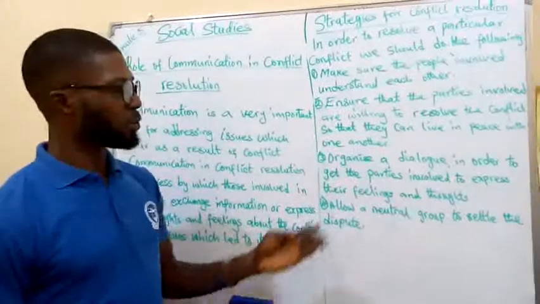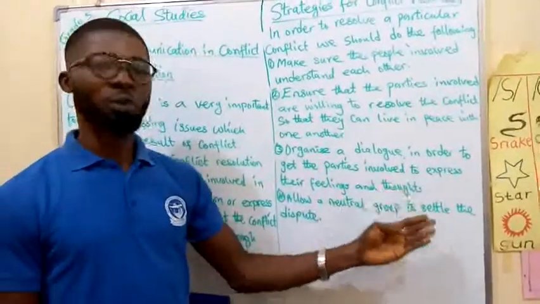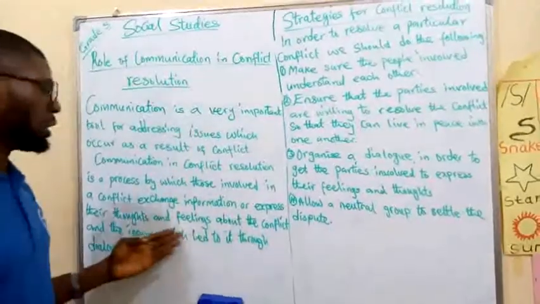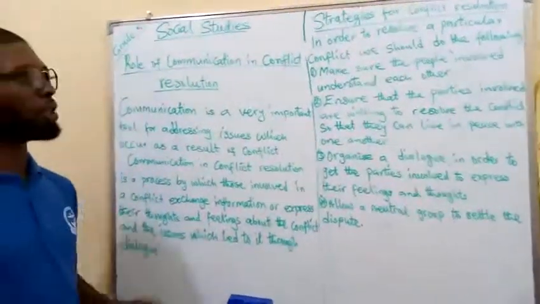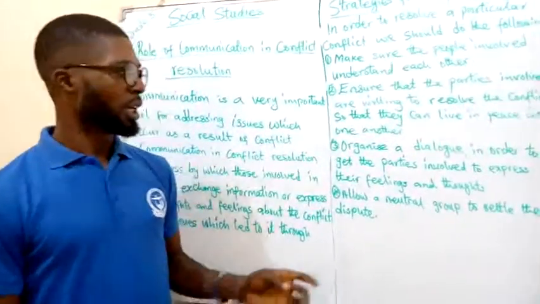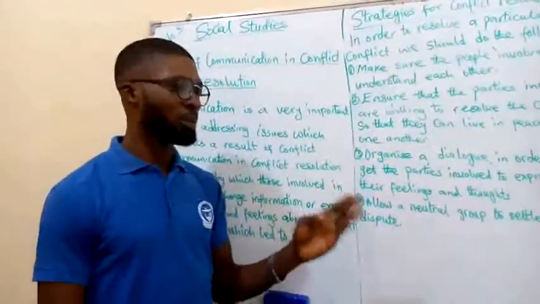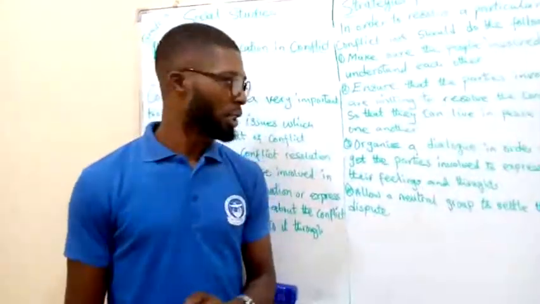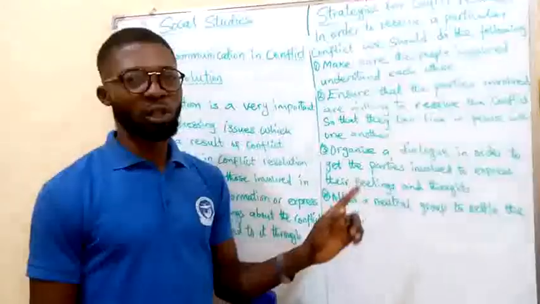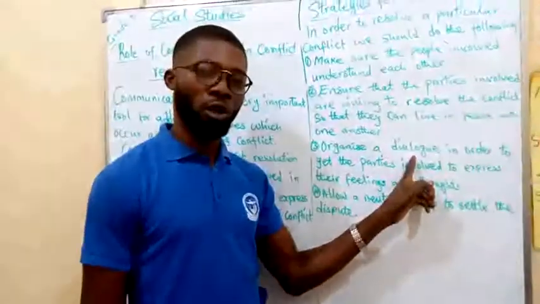Then the third one says we should organize a dialogue in order to get the parties involved to express their feelings and thoughts, just as we have mentioned here, which is the role of communication in what? Conflict resolution. That we should do what? Organize a dialogue in order to get the parties involved to express their feelings and thoughts. Now, this has actually expressed the role of communication, which is through dialogue in conflict